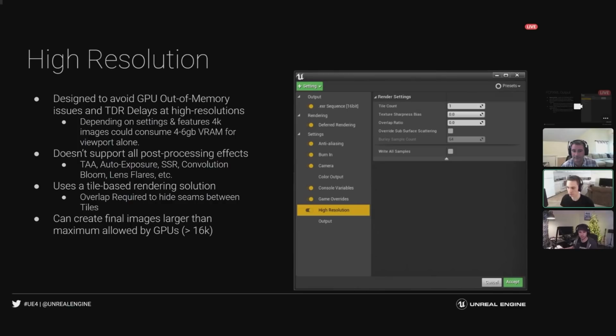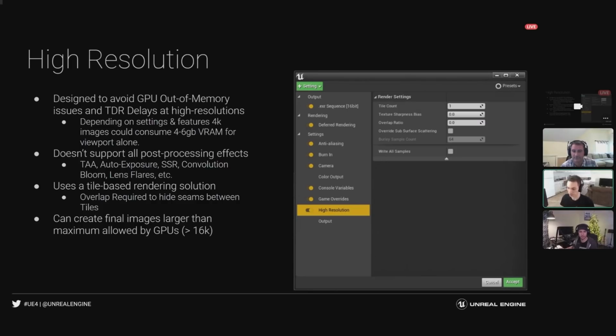And when you use Unreal in 4K to make a 4K render, you're actually just spending 4 to 6 gigabytes of VRAM on the viewport alone. So you're now down to another 6 gigs for all of your model data, your texture data, and everything like that. So if you're having trouble running out of RAM trying to render out 4K images, this is a way that you can get around that by rendering out 4 1080p images for each one instead of one big 4K.